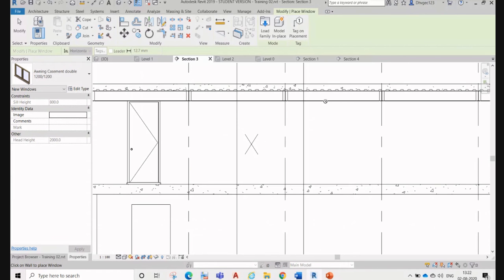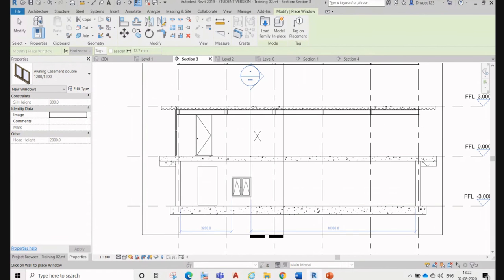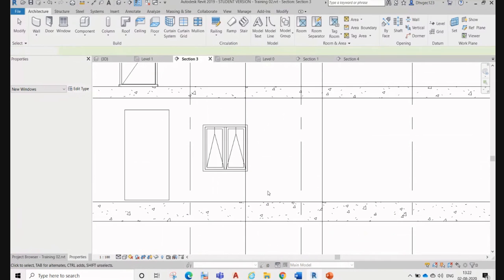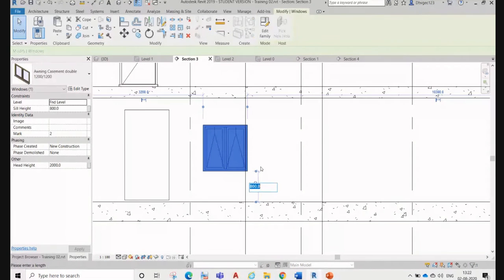You can just put it over here. Now select this one. We have to define all the criteria, length, whatever. That's an architectural requirement. I don't know about that too much.